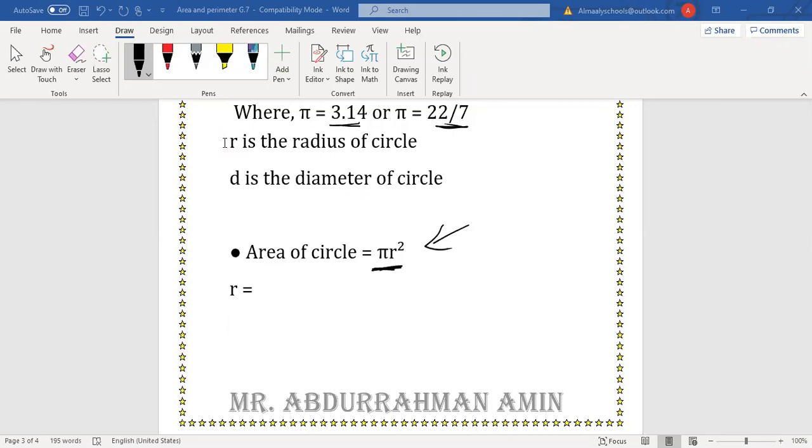We want to write R as a subject, so we will put R in a side alone. We have the rule C equals 2 pi R. So R equals